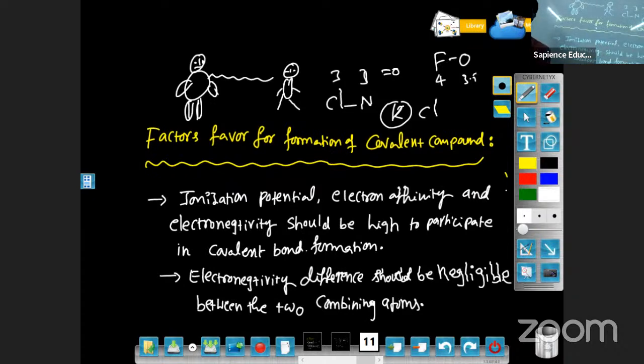So we can say it is a covalent bond only. When the difference is 2 or more than 2, we consider it an ionic bond. If it is 1 or 1.5, we say it is an ionic-covalent bond only. Okay, that is about it. That's what I am telling: if the difference is more than 2, it is considered ionic. If below 2,